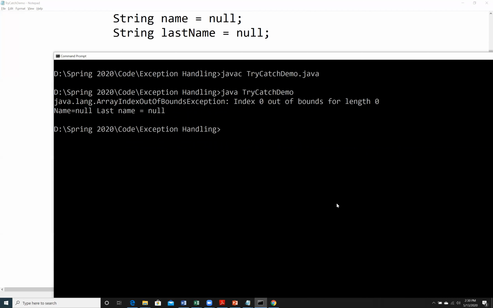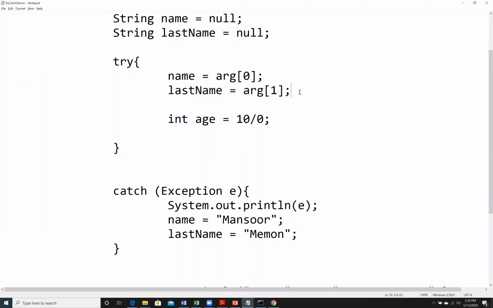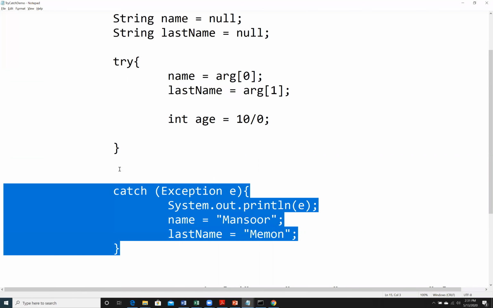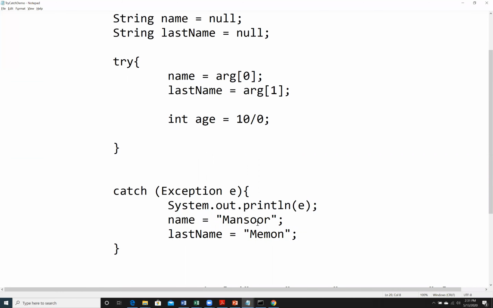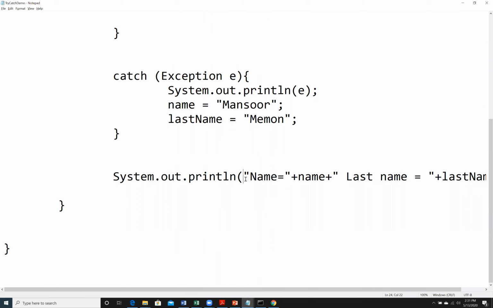Okay, so you will see that it will get the default values. So name is equal to Mansoor, last name is equal to Neyman. This actually shows there was an exception here. It was caught by this block and it displayed the information about the exception, and then it assigned the values name equal to Mansoor, last name equal to Neyman, and then we came here, so we displayed this default name.